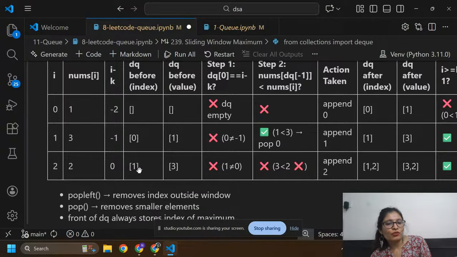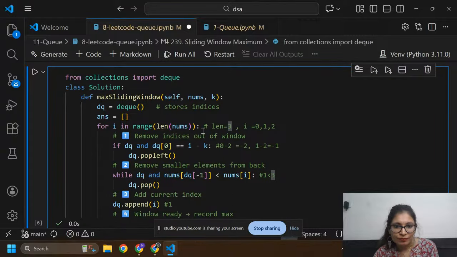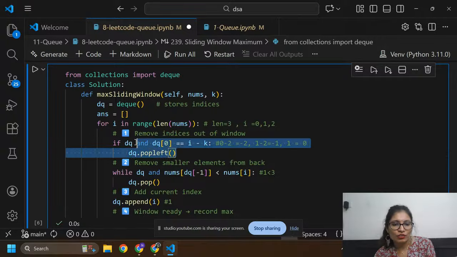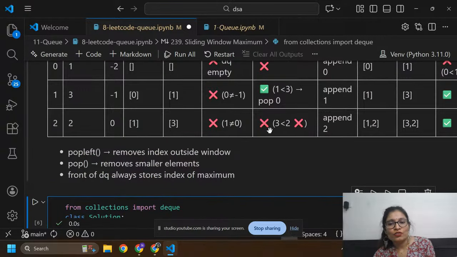Before, dq is 1 and its value is 3, so this condition will fail. 1 is not equal to 0, so this condition also fails. We don't need to execute this. Now we can move here.